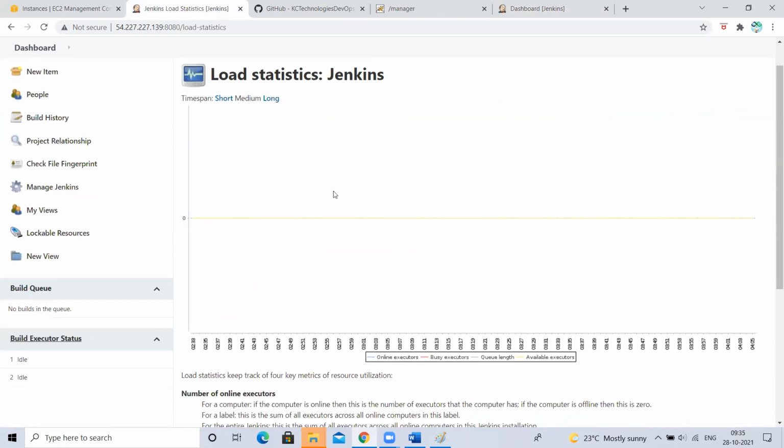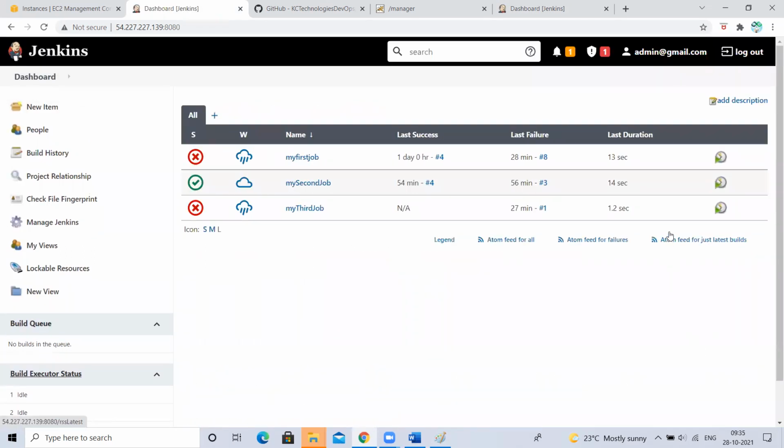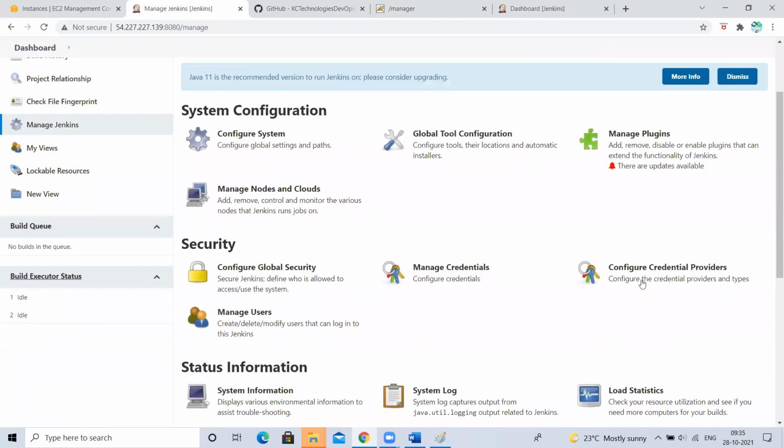It shows it in a graphical representation. We see this in movies, right? Heartbeat, sine waves, like we have seen in academics, where the load is less and where the load is high. It will show the statistics here. Understood? If you want to see the statistics of Jenkins, you can go and check from there. Okay, so this is for seeing statistics.